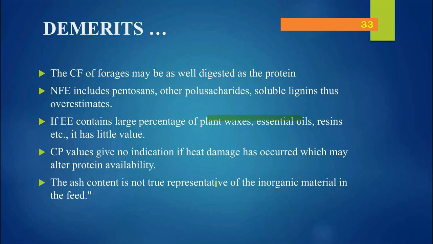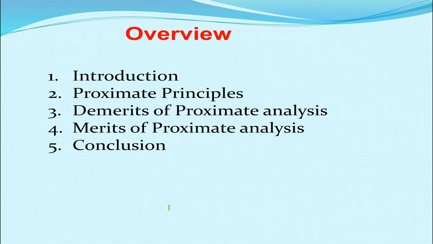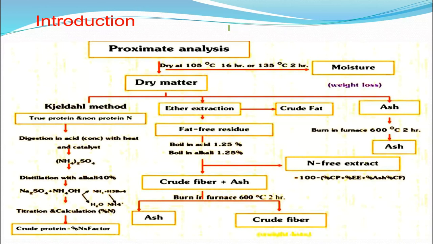But the crude protein does not give any specific indication about the damage that is caused to the feed material during the heat exposure. So the ash content is not a true representative of the inorganic materials of the feed. So these are all the demerits. The merits and demerits are always there, and to summarize all these things,